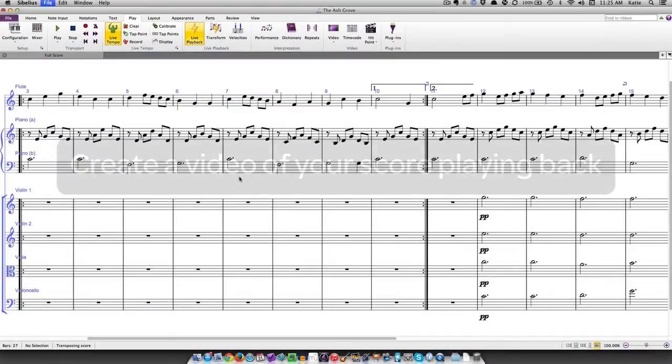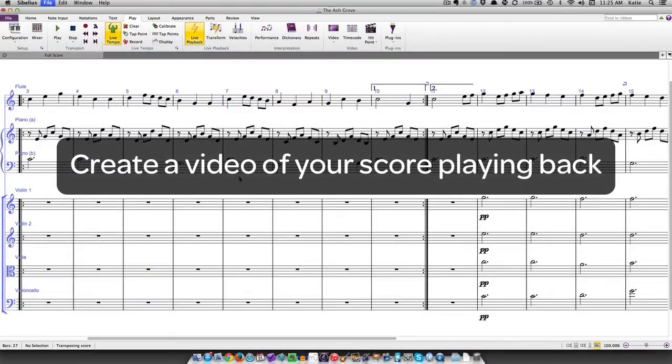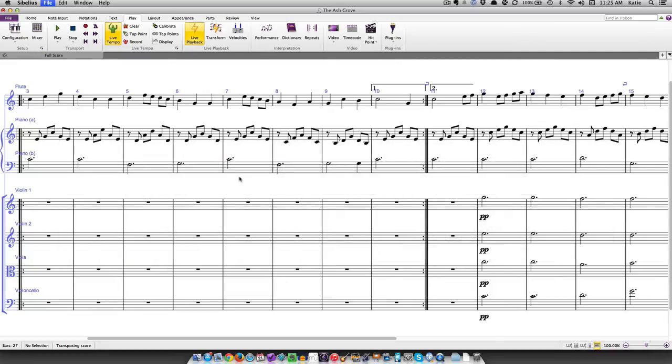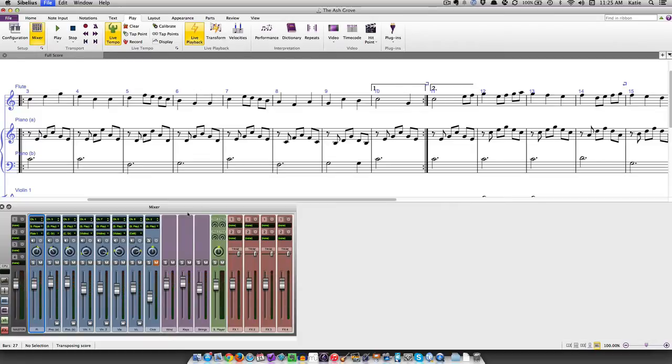In addition to audio files, Sibelius can export a video file of the entire score or of a single part. When exporting a video of a single part, you can set up your score so that the other parts still play, even though they won't show in the video. This can be useful if you'd like to create backing tracks which show the notation on the screen just for the soloist. Mute the solo part in the mixer,